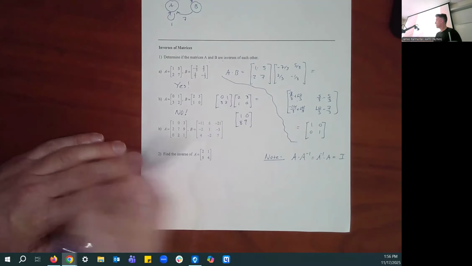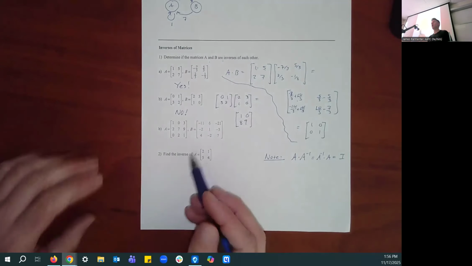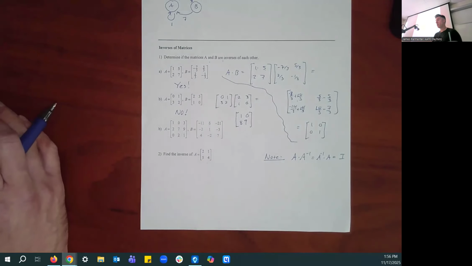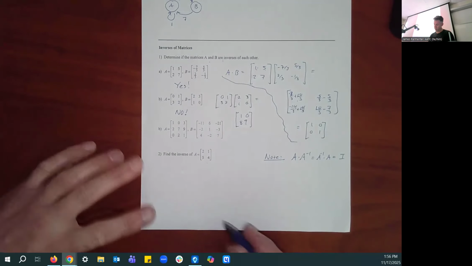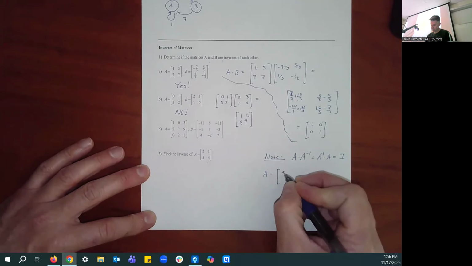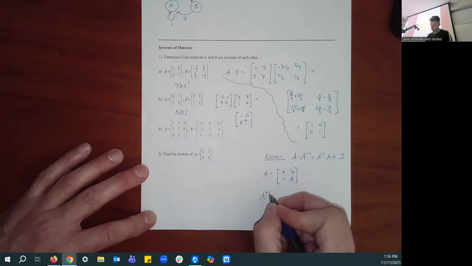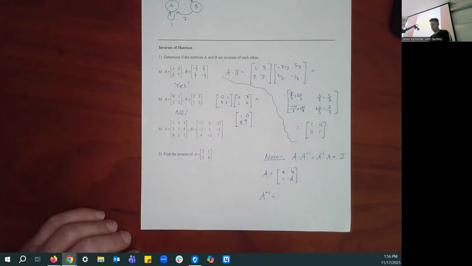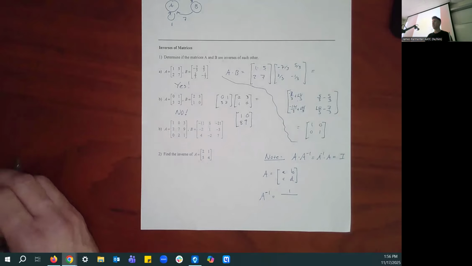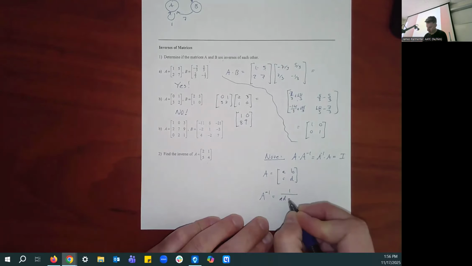I don't want to do A and B because it seems like a pain, but I do want to talk about this last one here because given almost any 2 by 2 matrix, we can find its inverse. So here's how you find the inverse of a 2 by 2 matrix. I'll start with just the general formula. If the matrix A is equal to A, B, C, D, then the inverse matrix, A inverse, is equal to the following. It's 1 divided by a quantity that you will come to know as the determinant of the matrix A. It's A times D minus B times C,